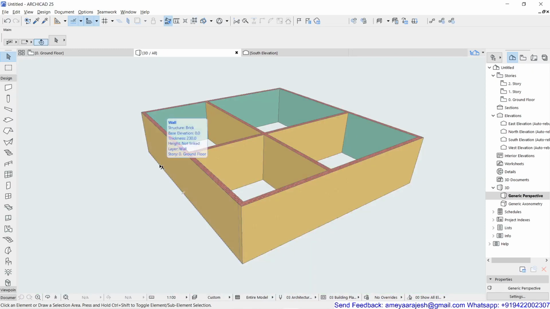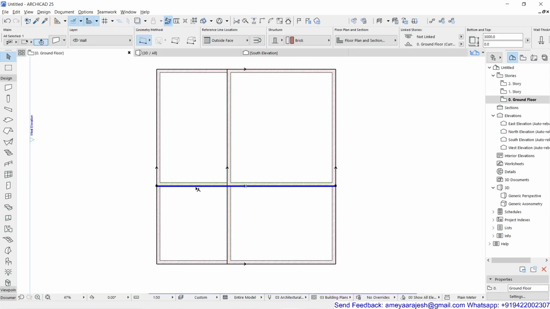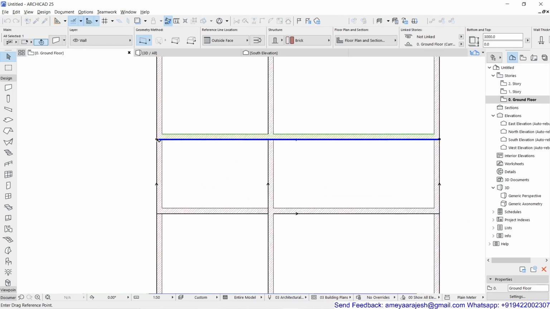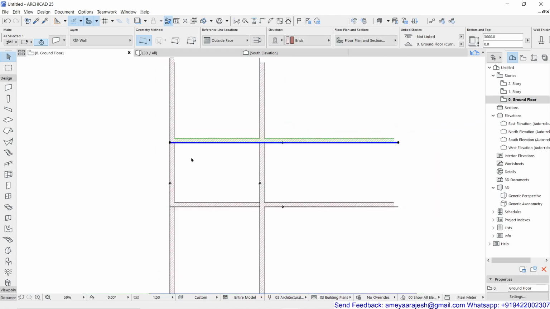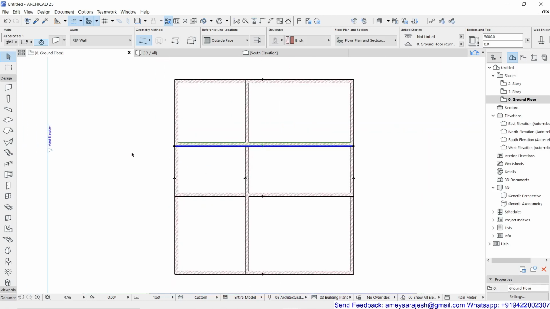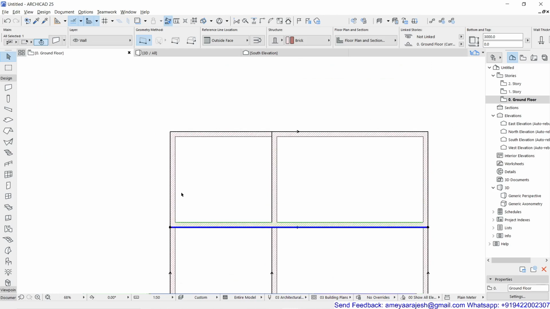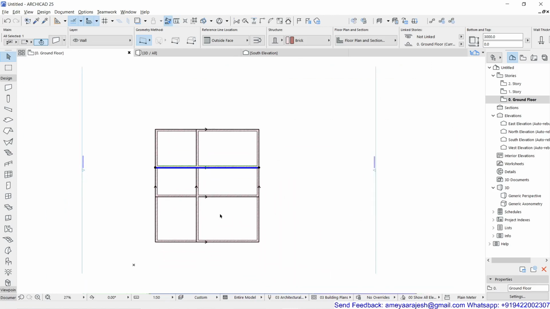So back to floor plan, and this one was supposed to be Control Shift D, and either you add the wall thickness from the beginning, or 3150 is your first option, and then again Control D, and you just pick from one end to the other with a check mark as 230, and work is done. Okay, now if you check the remaining distance, it has to be exactly 4 meters. So if I touch over here with the measure tool, I have checked, it is exactly 4 meter. So now my one side is almost completed.